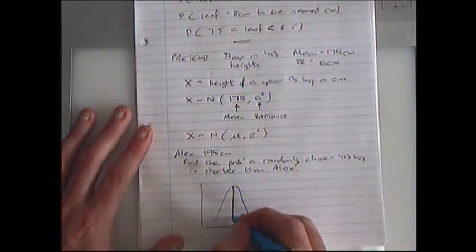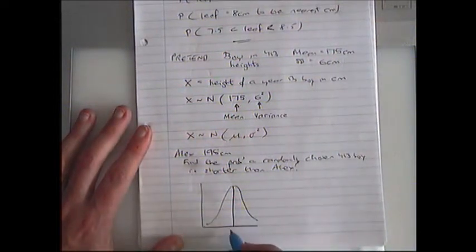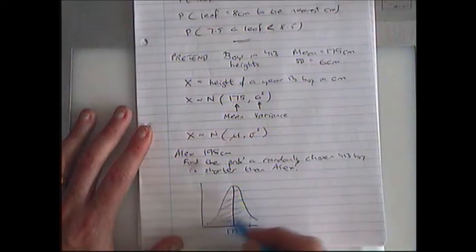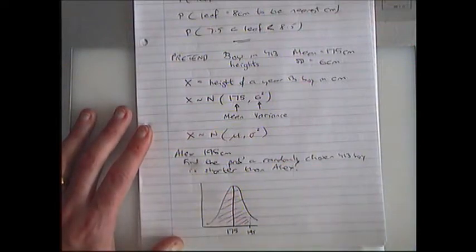The mean, unsurprisingly, is in the middle. So that's 175. Alex's height was over here, 195. So to find the probability that a randomly chosen year 13 boy is shorter than Alex, we want this area here,